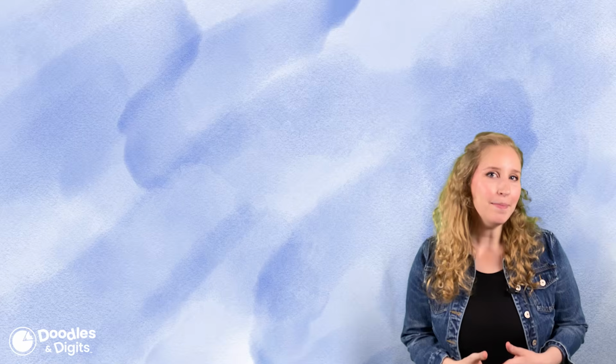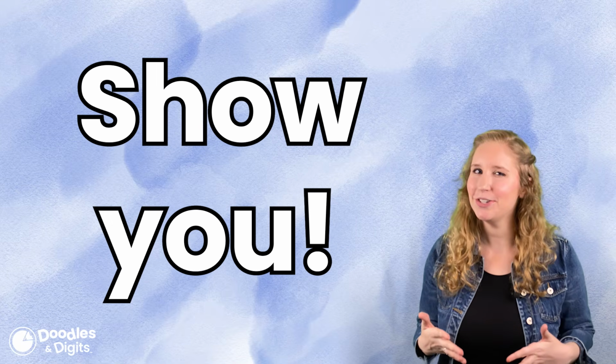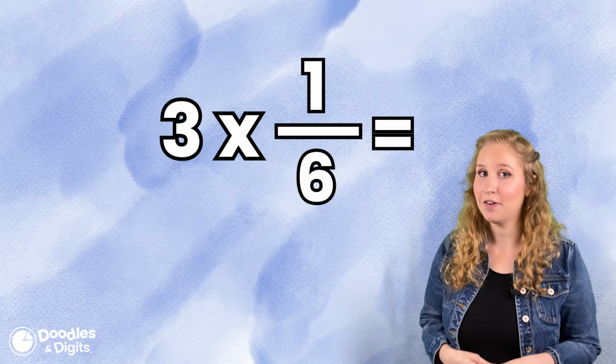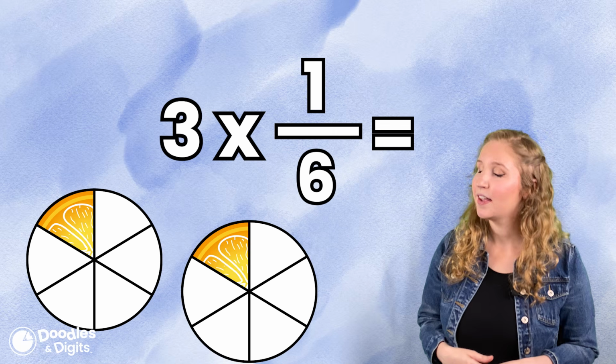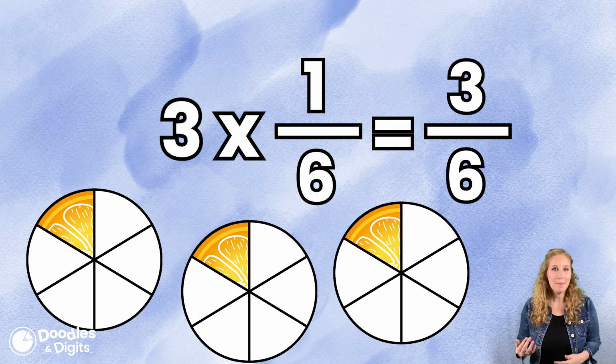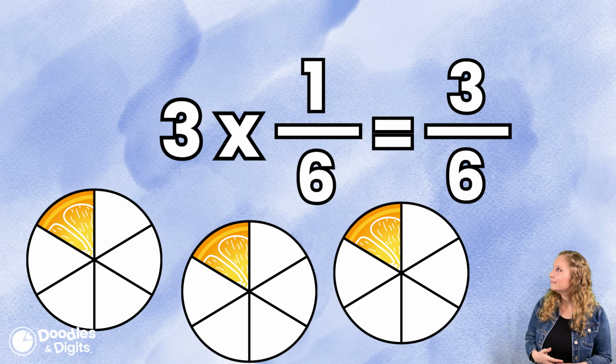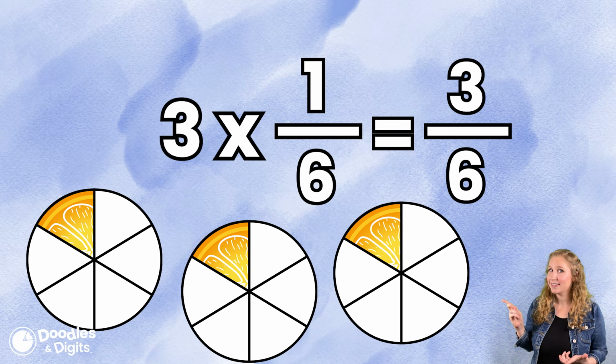All right, so I'm gonna actually show you how to multiply a fraction by a whole number, and I want you to see what's going on. Let's look at this problem right here. I'm gonna solve it. All right, what do you notice? What am I multiplying and what's staying the same? What's going on with the models?